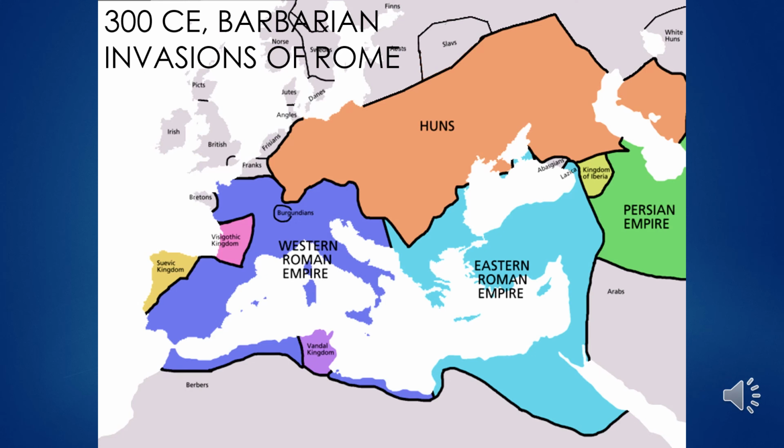So you can see here the Sassanid Empire pushing in from the east. So that's the green area. It's labeled Persian Empire. This was a dynasty of Persian kings from the 3rd to the 7th century AD. And their territory included Iran, Iraq, and Eastern Arabia, Syria, Armenia, parts of Egypt and Turkey as well. And they are pulling their influence in from the east. And then you can see the other tribes I was talking about kind of pushing down from the north and from the west on the Western Roman Empire, which again is starting to create changes in design due to these new influences.